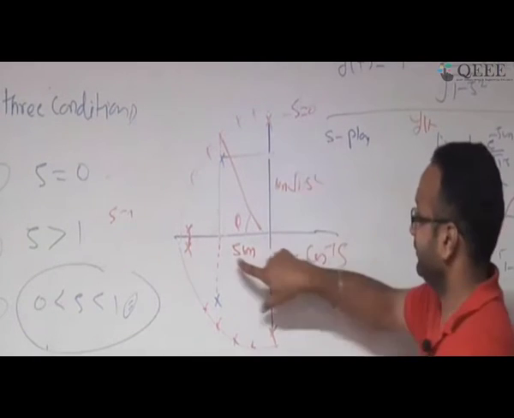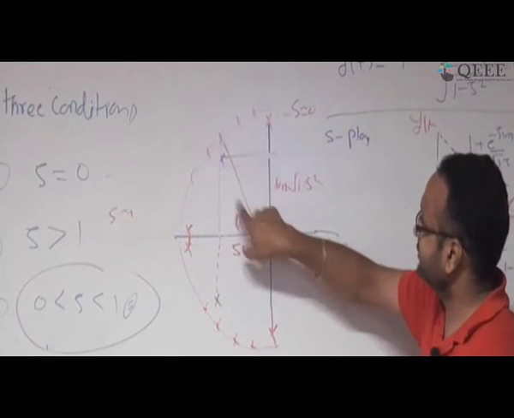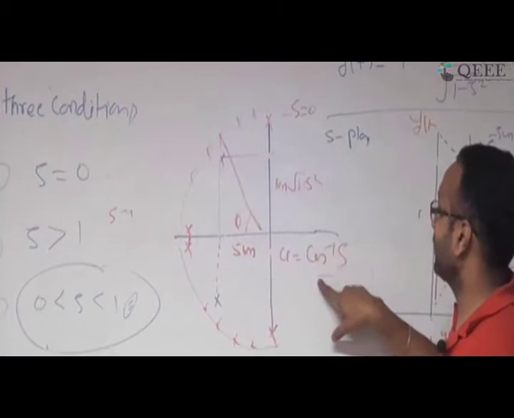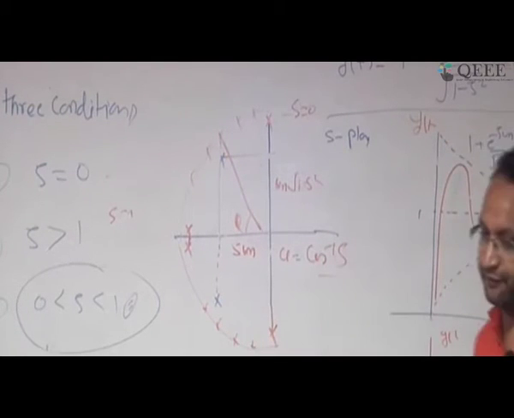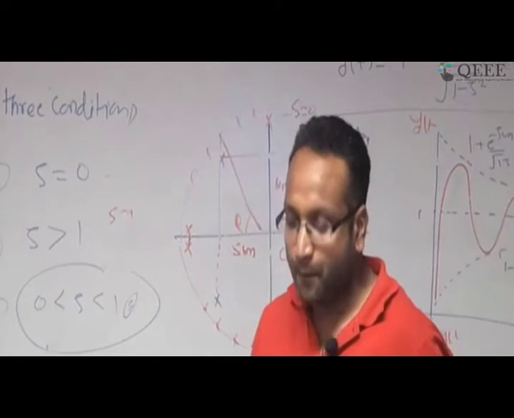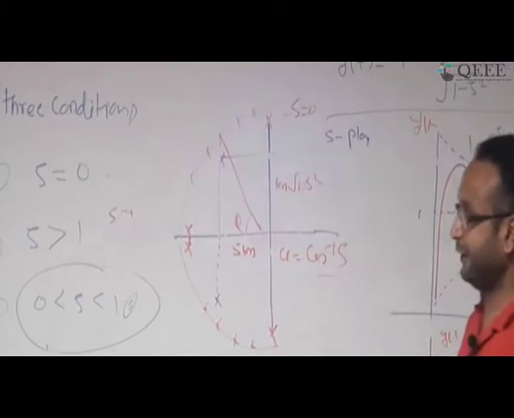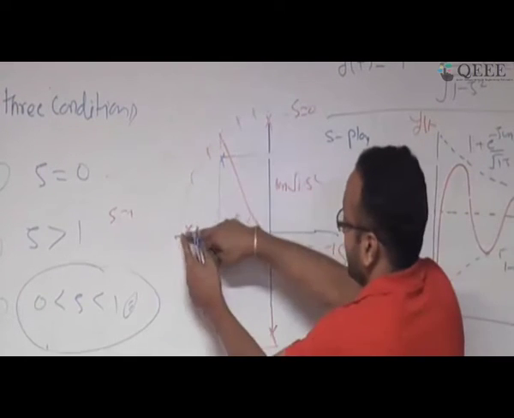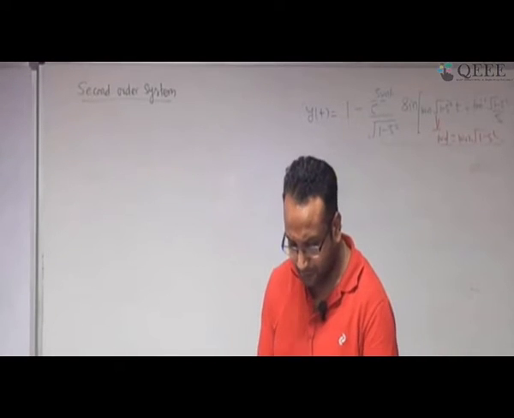You can solve it, correct? This is going to be the base, this is going to be the perpendicular. So tan theta is going to be this divided by this, and if you solve it, you can get this theta. So this part I wanted to emphasize by looking at the pole location. I can say what is desirable. This is not desirable, this is not desirable. The desirable is in between these two. These are the three conditions which we have talked about.